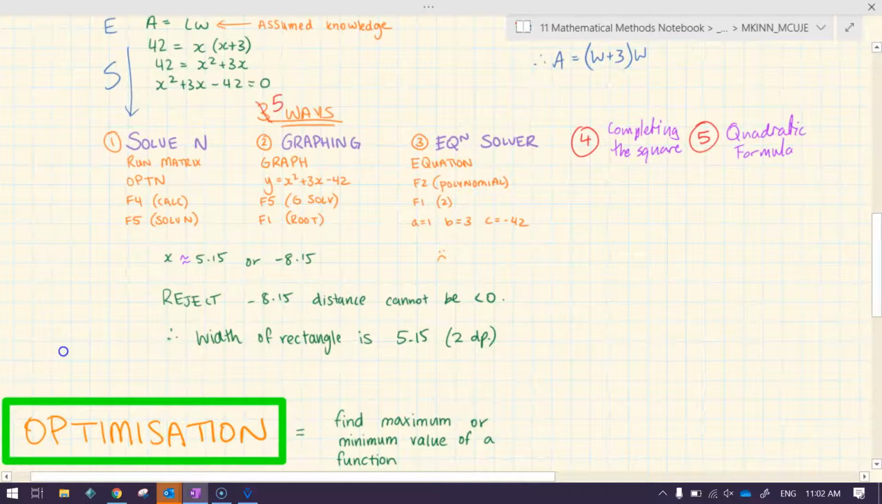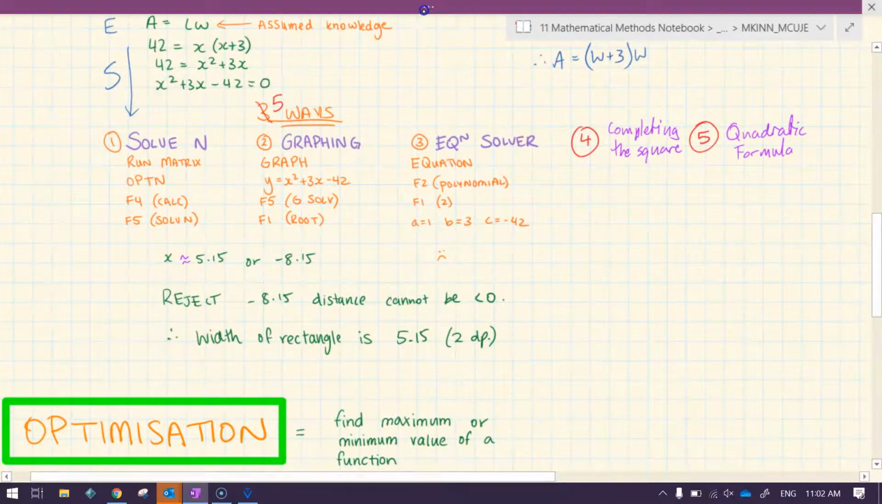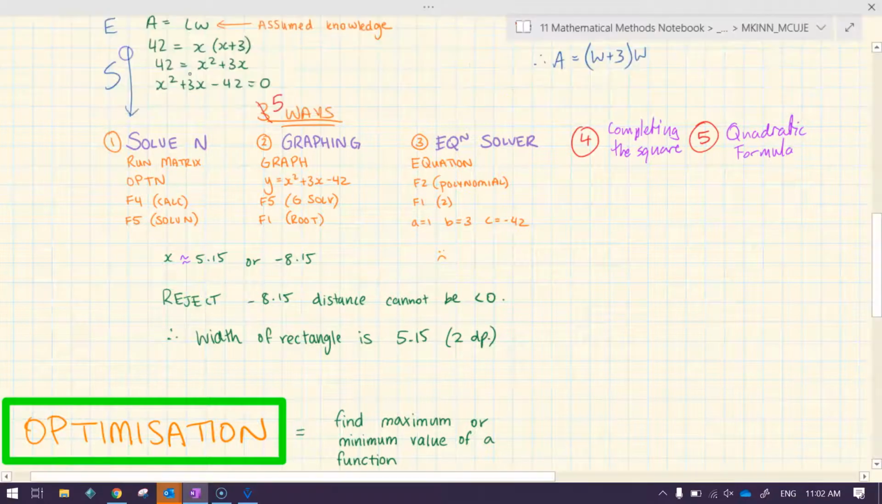All right, so that's VESPA. We had to ponder, didn't we? Why were we pondering our answers? What was this question about? It was about the lengths of sides on a rectangle, on a rectangular area. Does negative 8.15 make sense for the length of a side of a rectangle? It does not. So we need to reject that answer. That's the ponder. And the final bit of VESPA,